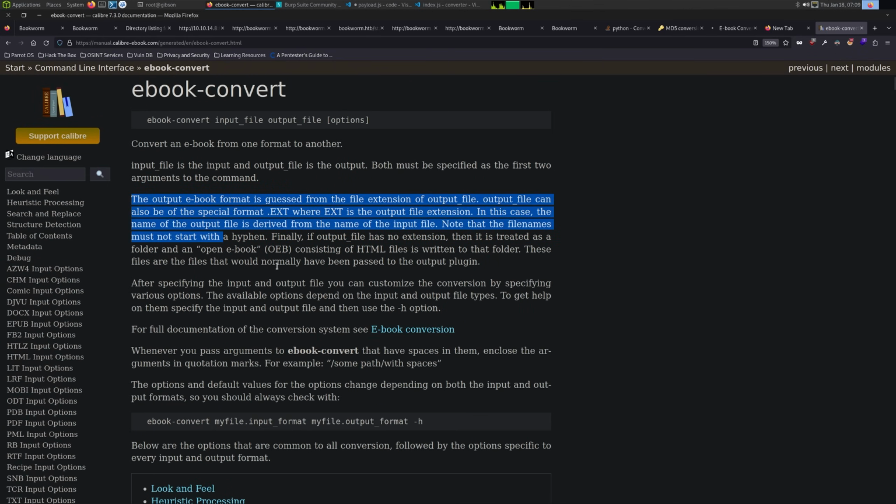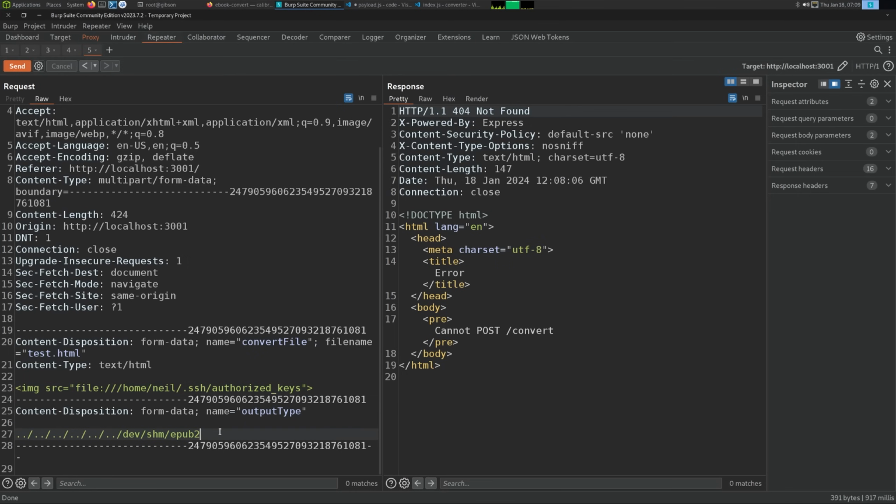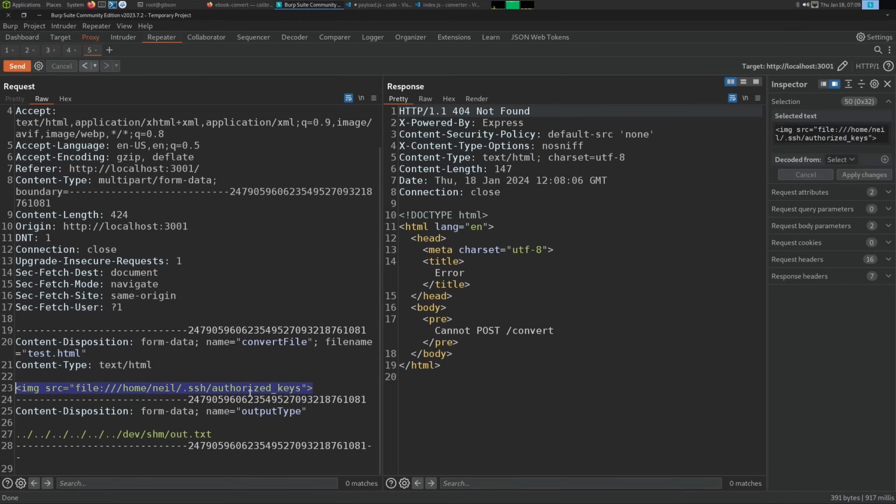So this piece is really useful to know, right? Calibre supports multiple formats, and if we have an extension, it'll use that. If there is no extension, it uses the open ebook format, which is HTML files. So when we're writing this, we're not giving it an extension, so that's why it's doing that one format. So I bet if we did /dev/shm, let's just call it out.txt, and we say,